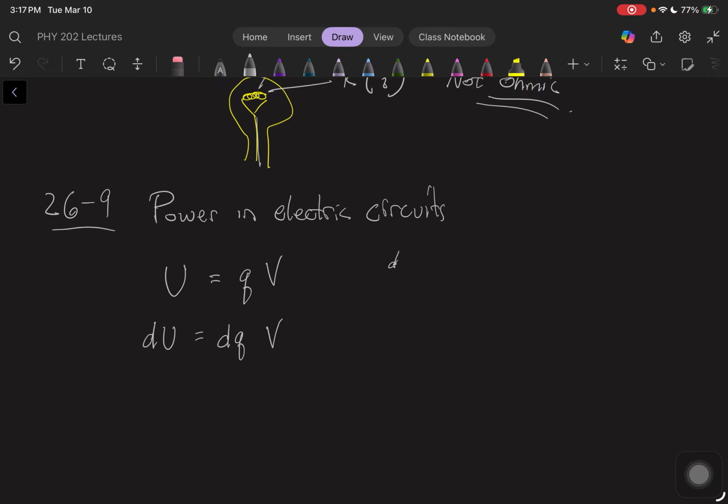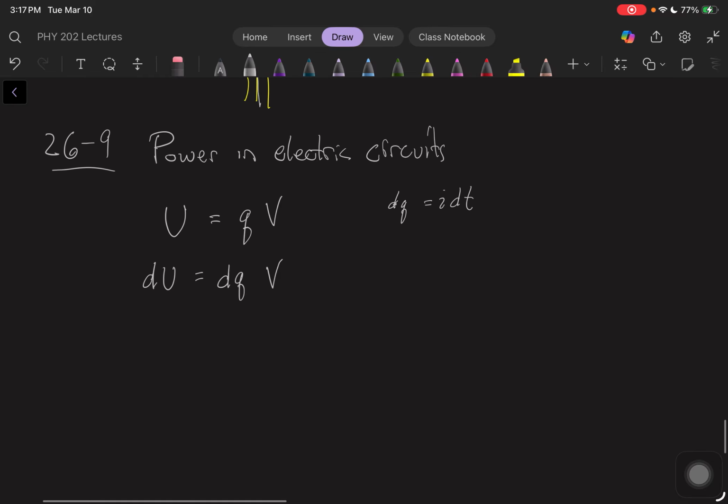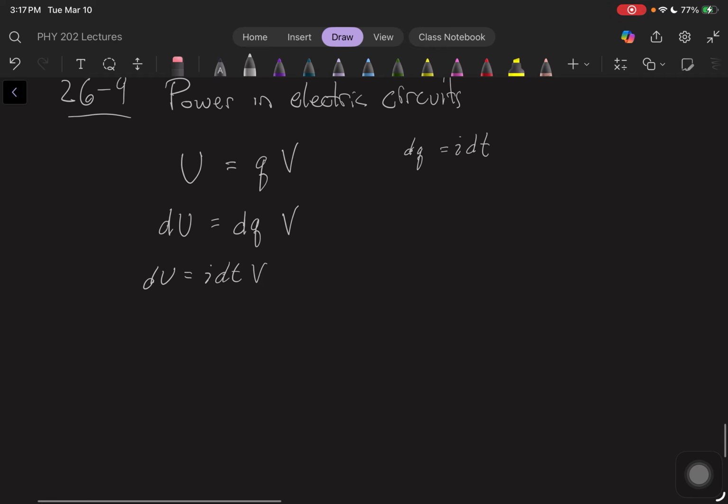We can say dq is equal to I dt. Okay, and so we have an expression here. If we move the dt to the other side, we would get dU/dt is equal to IV. Well, dU/dt